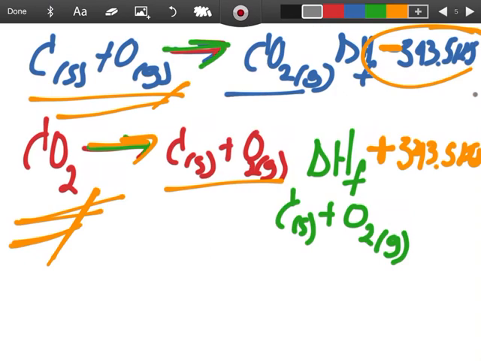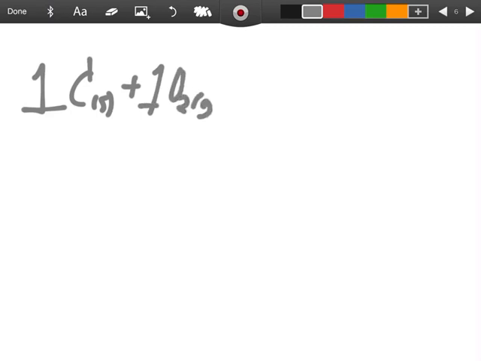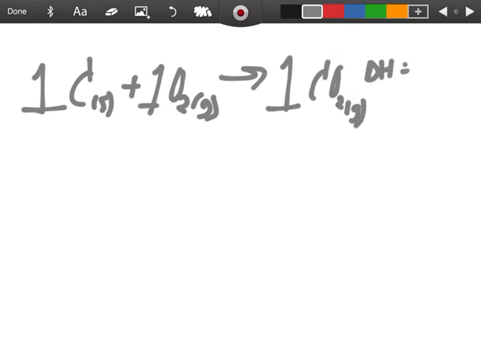So once we said that, let's go and ask Dalton what his law has to say about this. So for example, if I have 1 mole of carbon that is solid, and I add 1 mole of oxygen that is a gas, and I know that this is going to be transformed into what? Into 1 mole of CO2, right? That is also going to be a gas. I know that it's going to release a certain amount of energy, which is minus